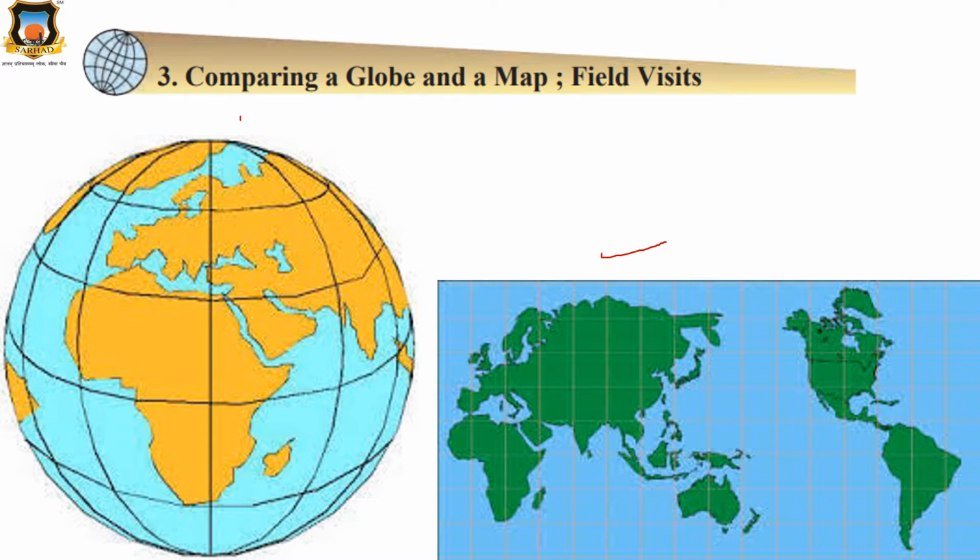So, what can you see? How is the globe? Yes, the globe is spherical in shape. And how is the map here? Yes, it is flat. So what is the difference? On the globe also we can see different continents. On the map also we can see different continents. On the map also we can see the lines, horizontal lines, vertical lines. On the globe also we can see horizontal lines, vertical lines. Then what is the difference between the globe and the map? Okay, so that we will see in our lesson.